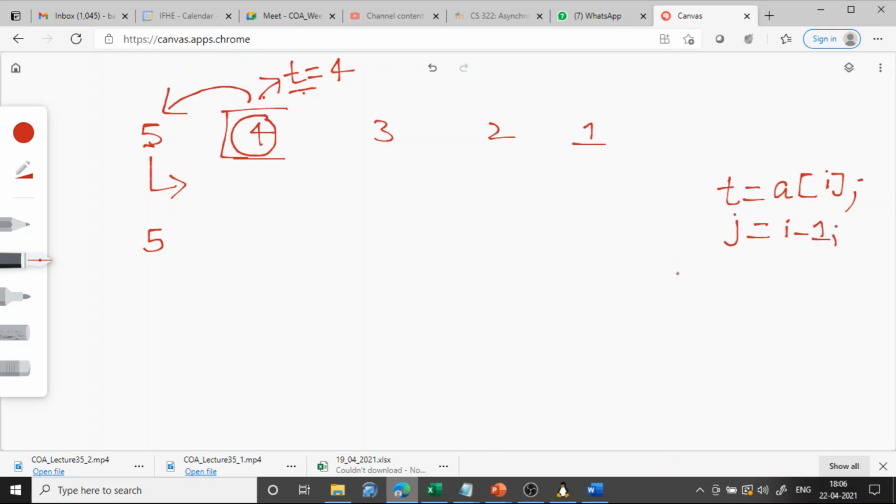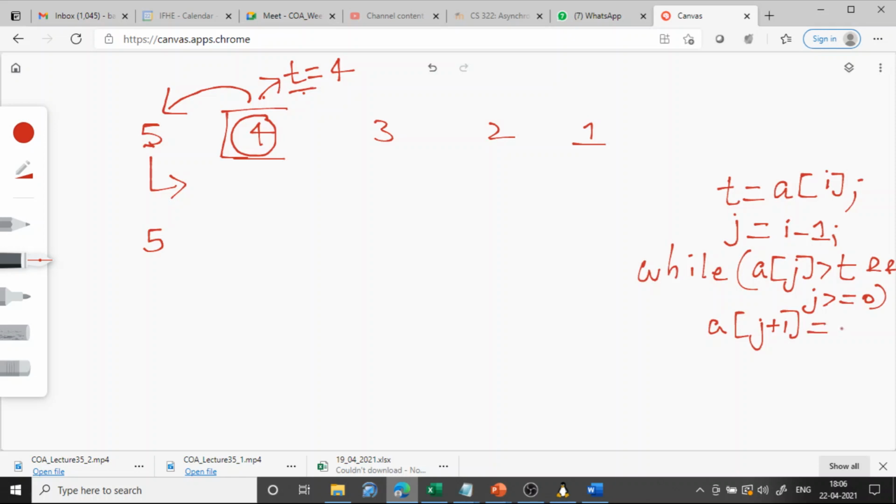Then what we check is, while a[j] greater than t. It is not supposed to be greater than t, it should be less than t if it is in sorted order, because that j is previous to i. If a[j] is greater than t and j is greater than or equal to 0, j cannot become less than 0. If that is the case, then what we do is a[j+1]